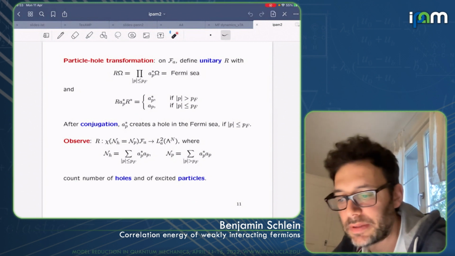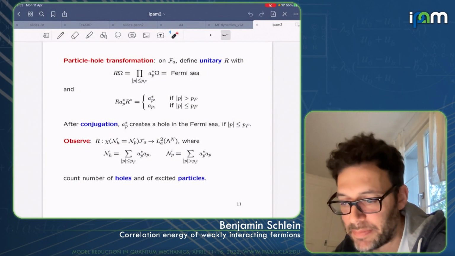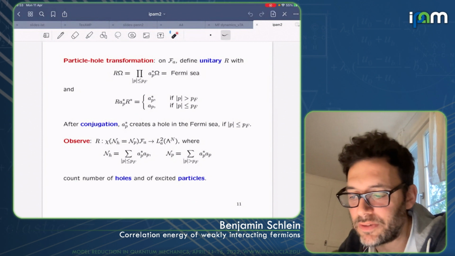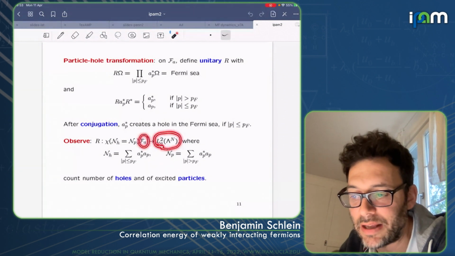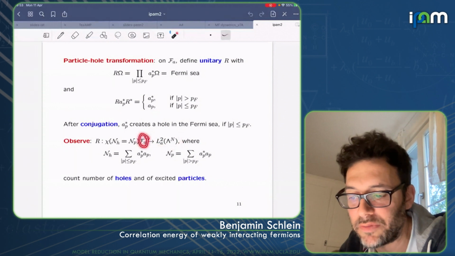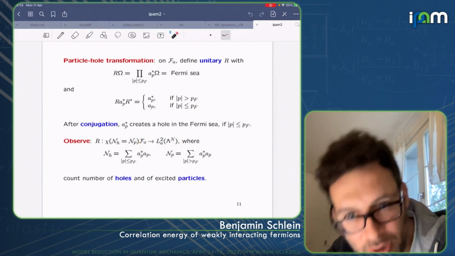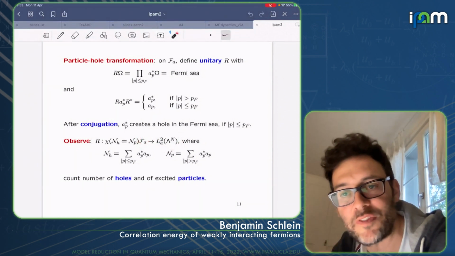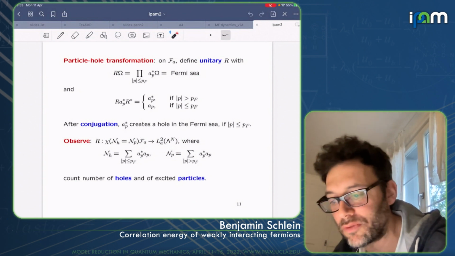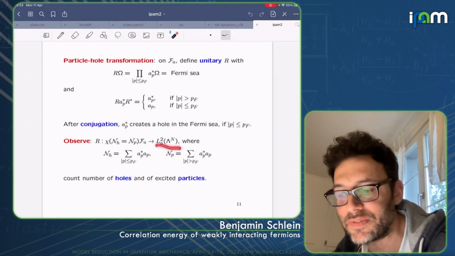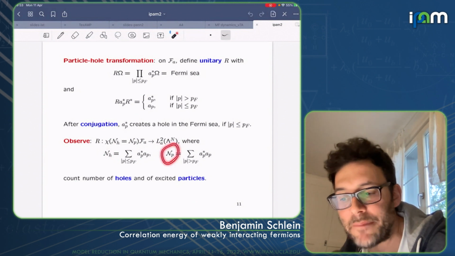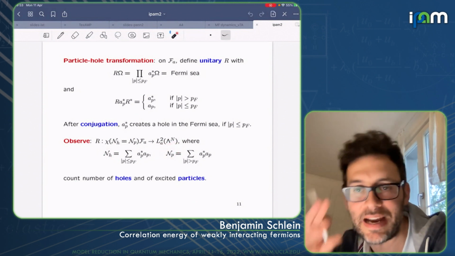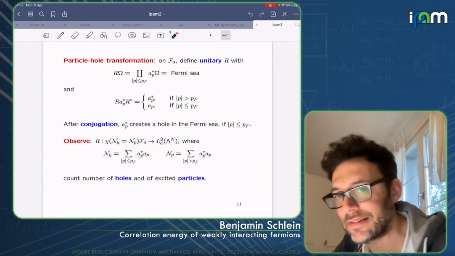Good. Now, maybe this remark here: of course, initially we have an n particle space. Now, applying the R, we switch to this Fock space. To be more precise, the only sector of the Fock space which is relevant if you want to look at an n particle system is the state where the number of holes is the same as the number of particles, but maybe it's just a detail.